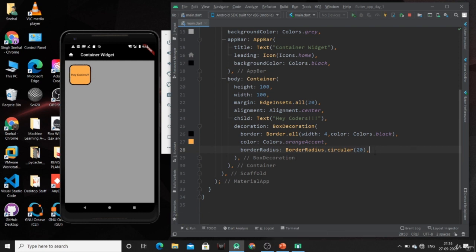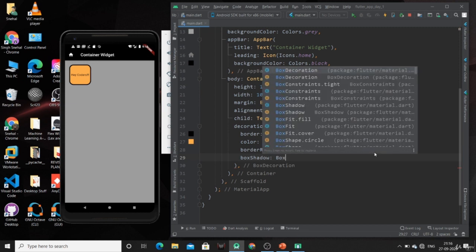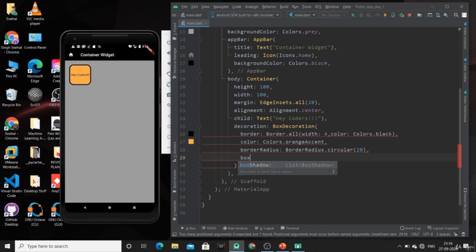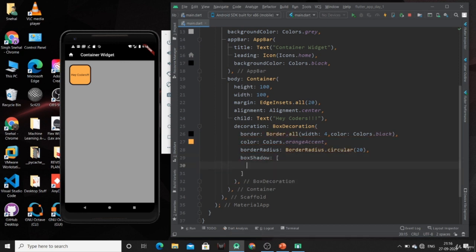Now you can also specify the shadow of your container by using this box shadow property. Now just use the BoxShadow function. You have to specify square brackets, and inside that just use BoxShadow.